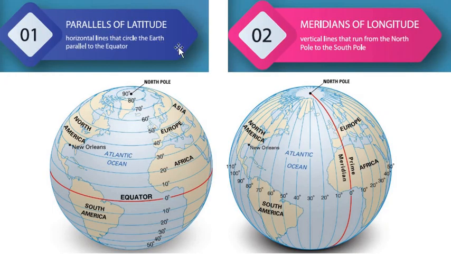Okay, so we have talked about the parallels of latitude, right, which are basically horizontal lines that circle the earth parallel to the equator. See over here, these parallel lines: this is the 0 degree parallel line, this is the 10 degree, this is the 20 degree, 30